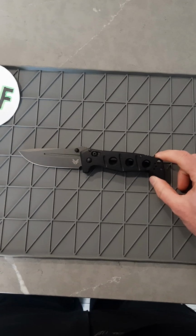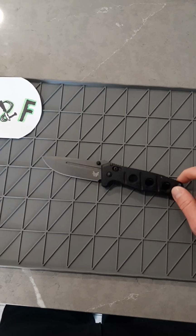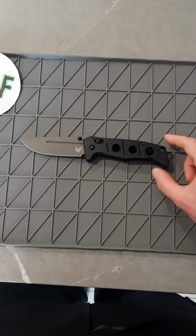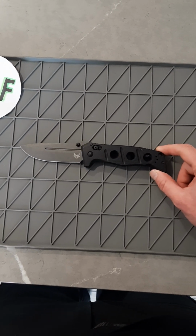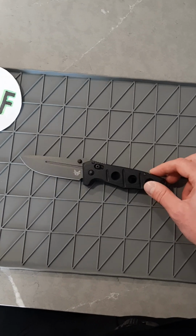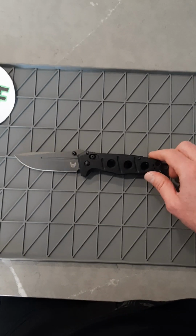This is the coolest knife I have in my collection, probably, in my opinion. Just the design screams awesome. 1980s movie soldier combat commando knife style. And surprisingly, not only does it look really cool, but it can perform pretty well, and it's surprisingly